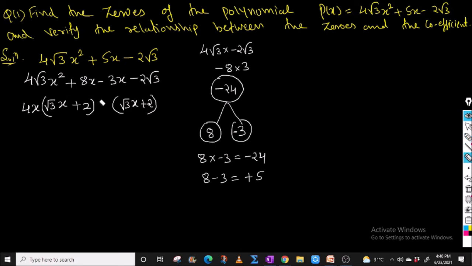Now you only have to write what should come outside. So minus you should write first, because the minus is there. And here is the question mark. Here we have the 3. So what can I write in the place of the question mark so that I will get the 3? Root 3. Correct, so here I will write root 3 so that I will get 3, because root 3 into root 3 becomes 3. That is a very easy step.